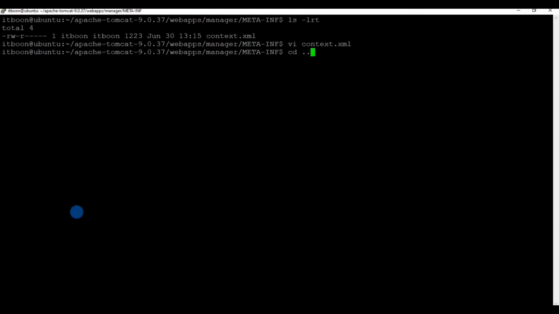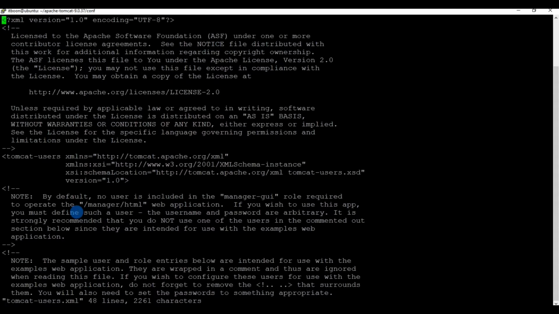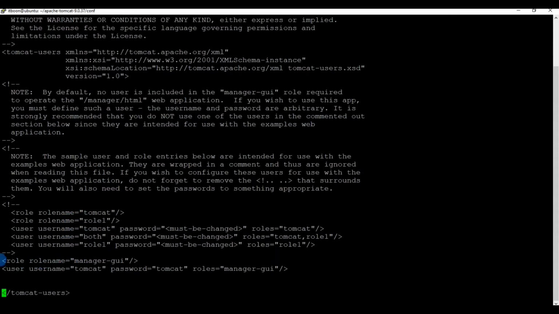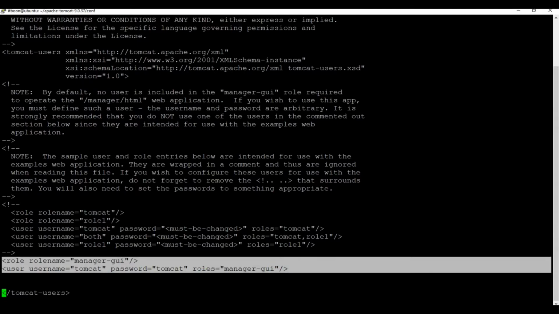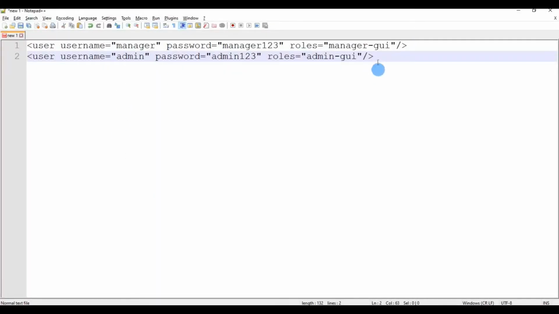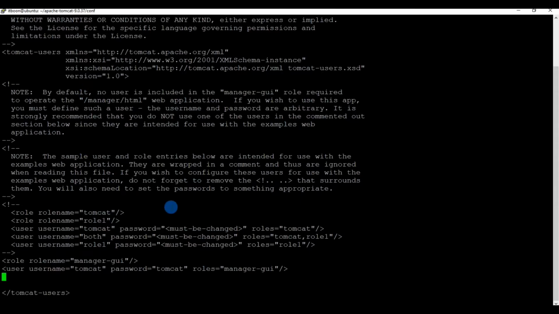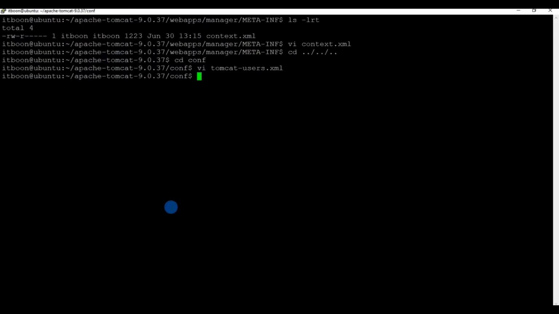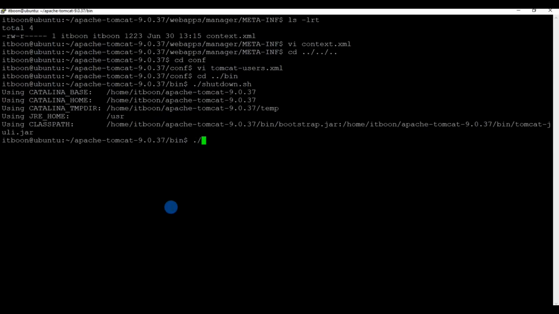Okay, I have changed the settings, disabled those entries, and I'm going back to the bin folder to restart the Tomcat instance so that the modified settings will be reflected in the configurations. Just checking once again, we have added the user ID and password correctly. Let me remove that entry and add these two lines. Additionally, I am adding the admin ID also here. That is the reason I am rechecking the configurations. Okay, save this, go to the bin folder, restart the Tomcat, shut down the Tomcat process and start it up.